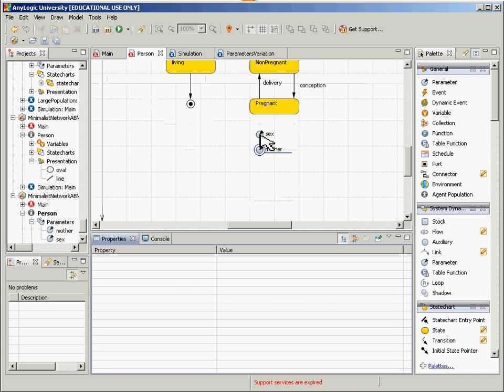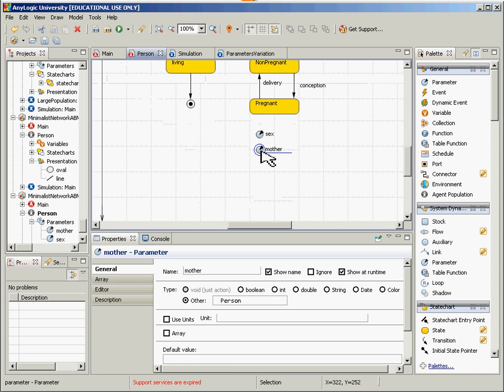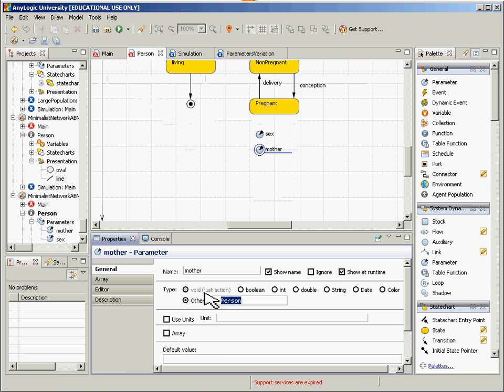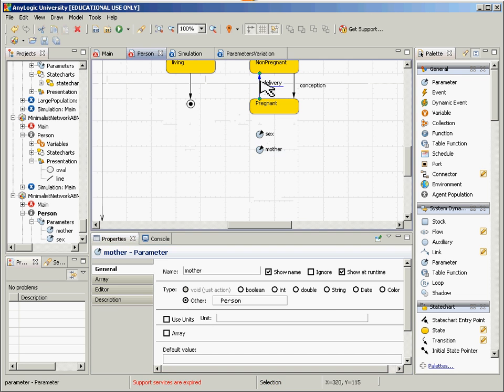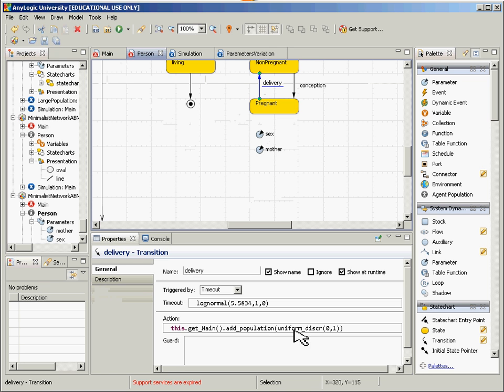So we have mother here, and its type is other. It's a reference to a person. So riddle me this, folks. At time of delivery, I now need to specify,